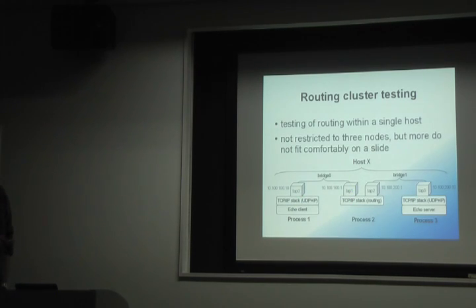Then we have a process doing purely routing, which has two interfaces. It gets the packet, sees, aha, it's destined for this guy, so it routes it through the other interface, and this guy then receives it through the normal path, says, aha, we got a packet, let's respond to it immediately, and then sends it back. And this is an example of something you can do. It's not limited to 3 nodes, but